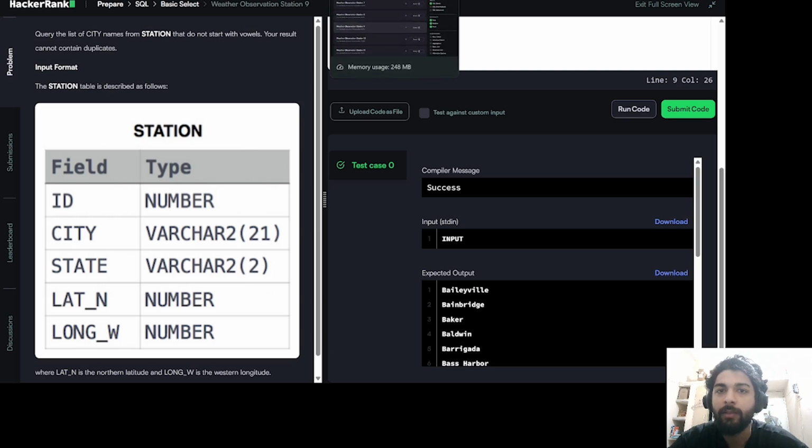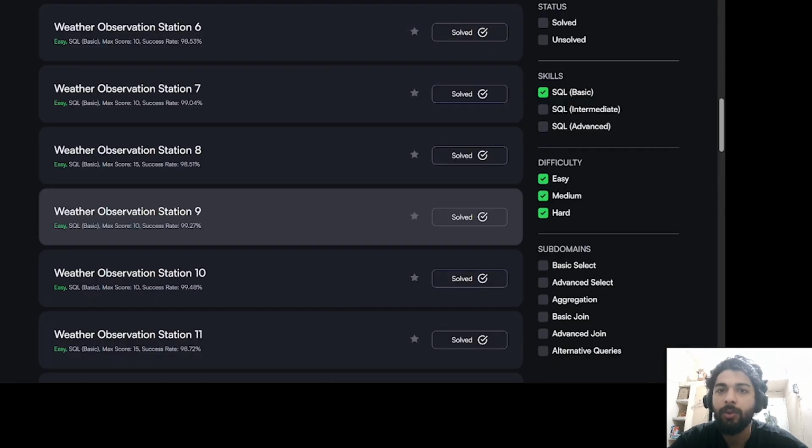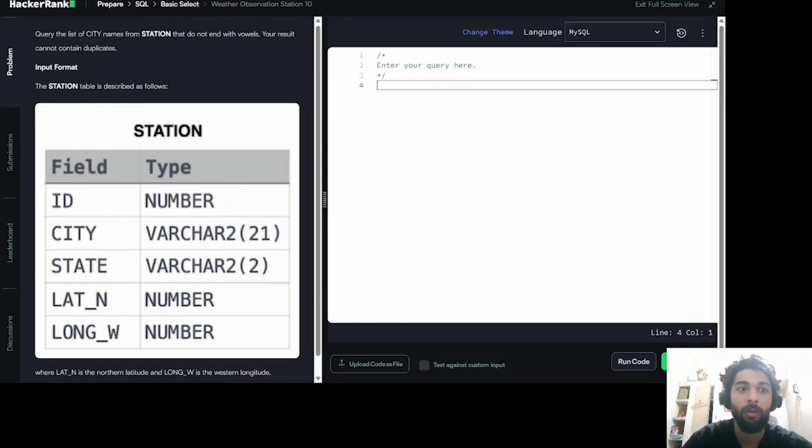So yeah, we have done this question now. Let's come to the query: city name from station that do not end with vowel. Okay, same thing. Select distinct city from station